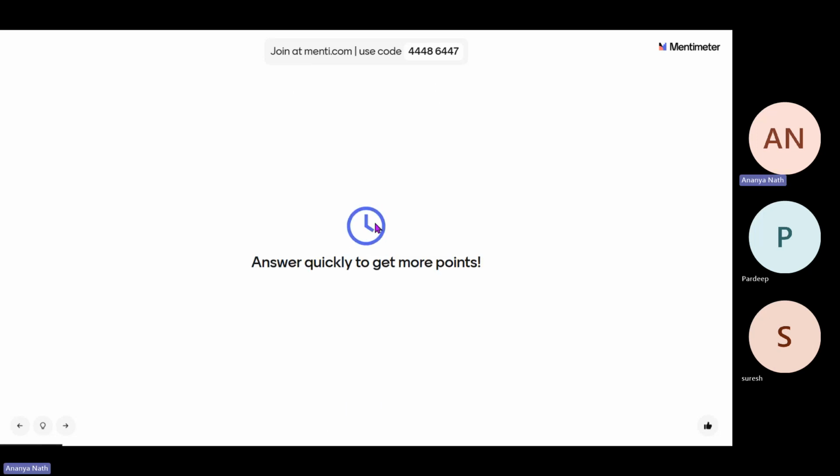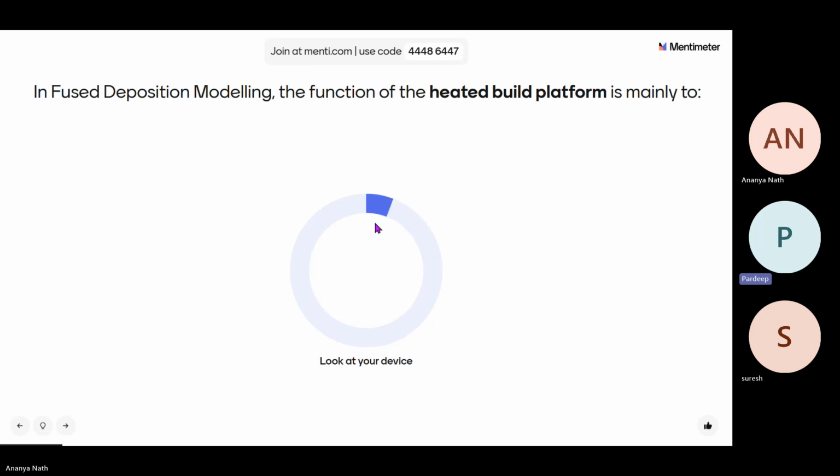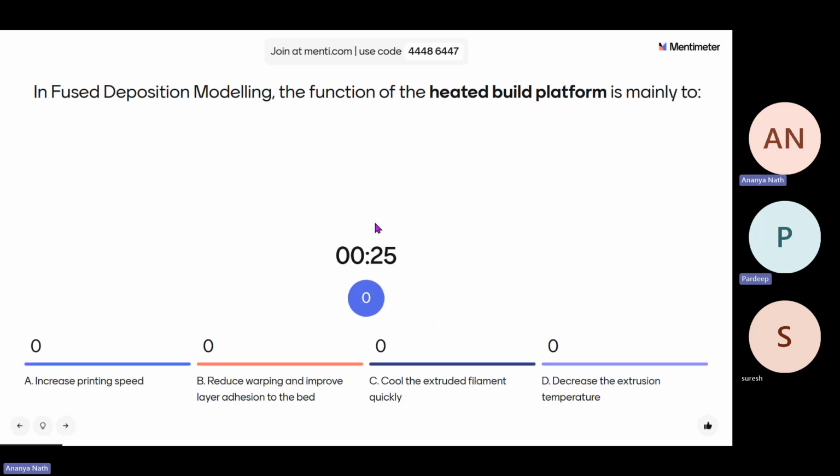This is our second question. You have to read it quickly and answer whatever you feel. In fused deposition modeling, the function of a heated build platform is mainly to